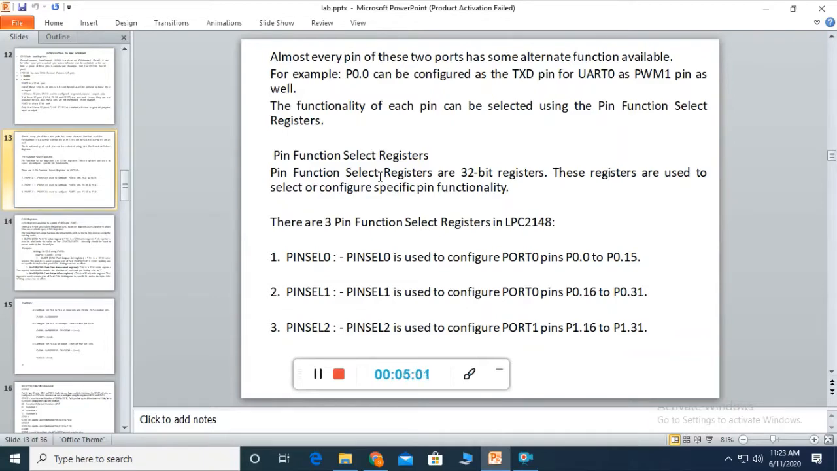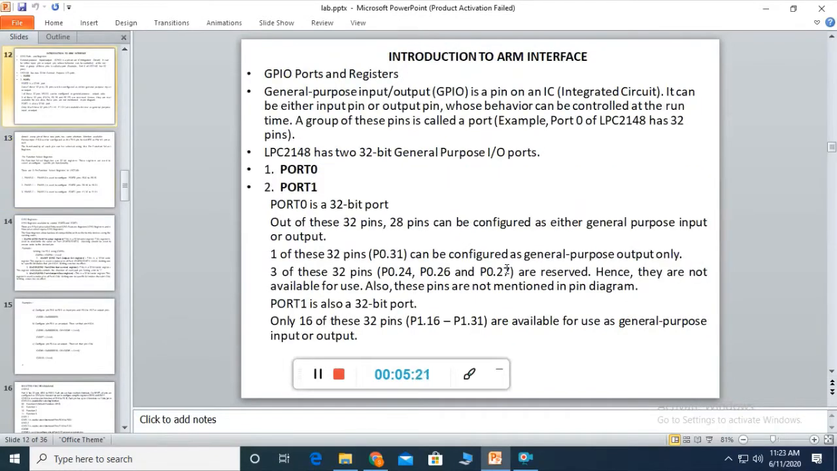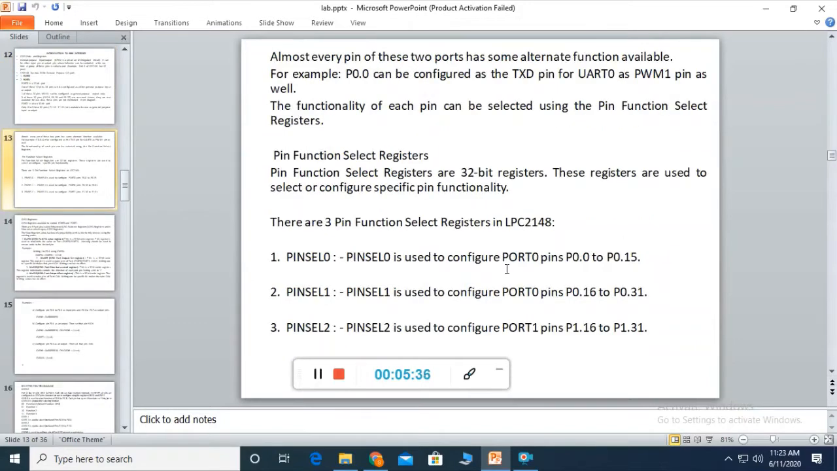So here we have 3 function registers, which can be used to select the function of these pins. The first one is pin select 0, which is used to configure, as you have already seen in the previous slide, the 28 pins in port 0 which can be configured as per your requirement, and in port 1 you have only 16 pins which can be configured either as general purpose input or output. Whether a pin is programmed as input or output is controlled by these pin select registers. So we have pin select 0, which is used to configure port 0,